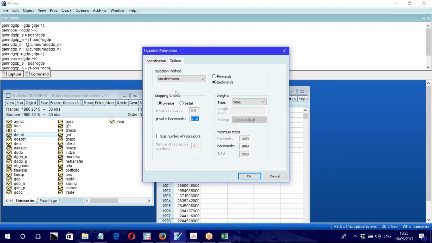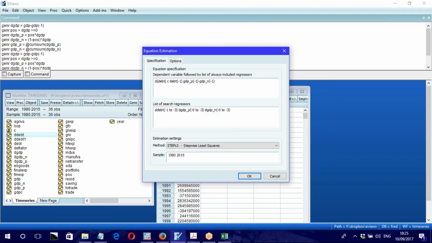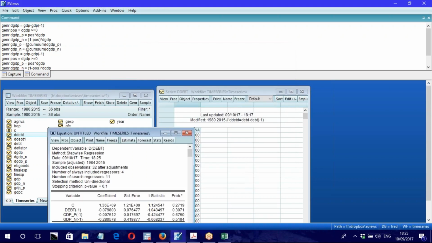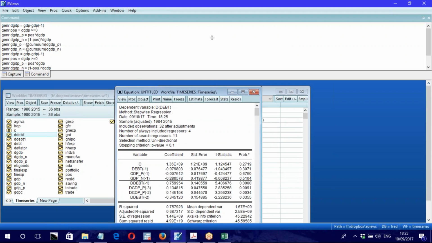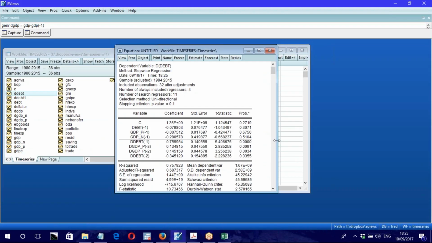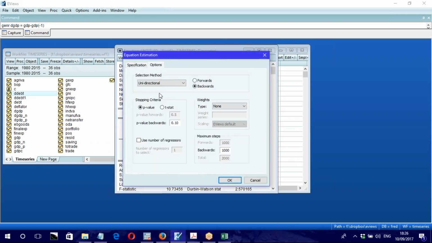So once it is specified and you have identified that the relationship is unidirectional, we have to use backward, which means that it only adds the variable which is significant in the equation. So we would be specifying that relationship between the long run and the short run specifications. Once it is done, we can just click on OK, and we would get the relationship between the variables. If there is a confusion, sometimes we see, if we just look into that specification, that we have specified only 0.10, and if I change that, for example, to